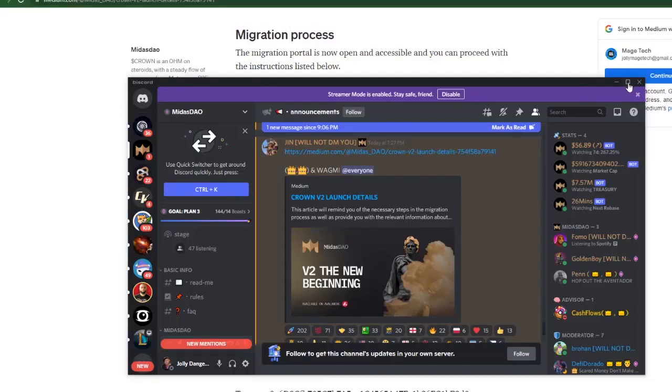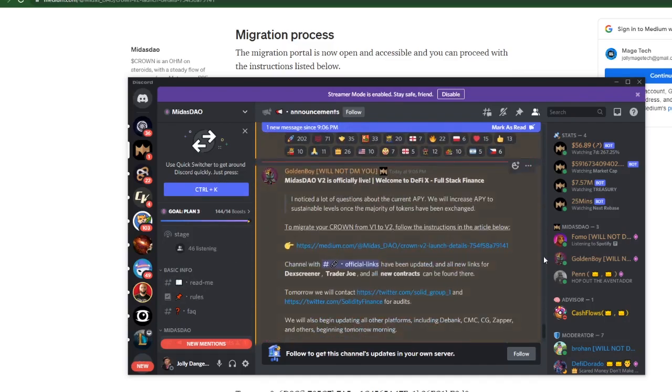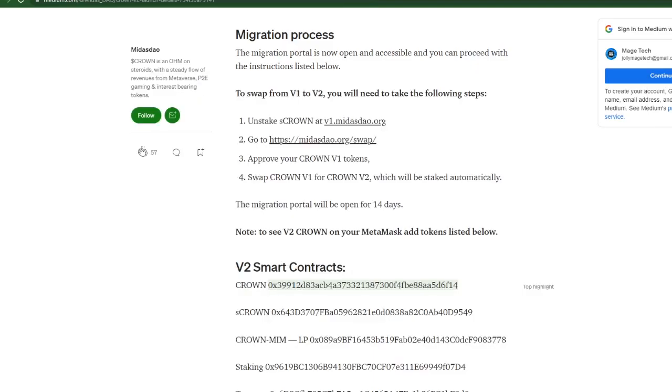What's up, everybody? So this is going to be a quick tutorial on how to migrate your version 1 Crown to version 2 Crown. Starting from the Discord, you can go to the announcements page. You will find this Medium article here. We are currently live with version 2, but anyway, you'll find this Medium article here. You click on it, it'll take you to this website here, Medium, and you can find all the version 2